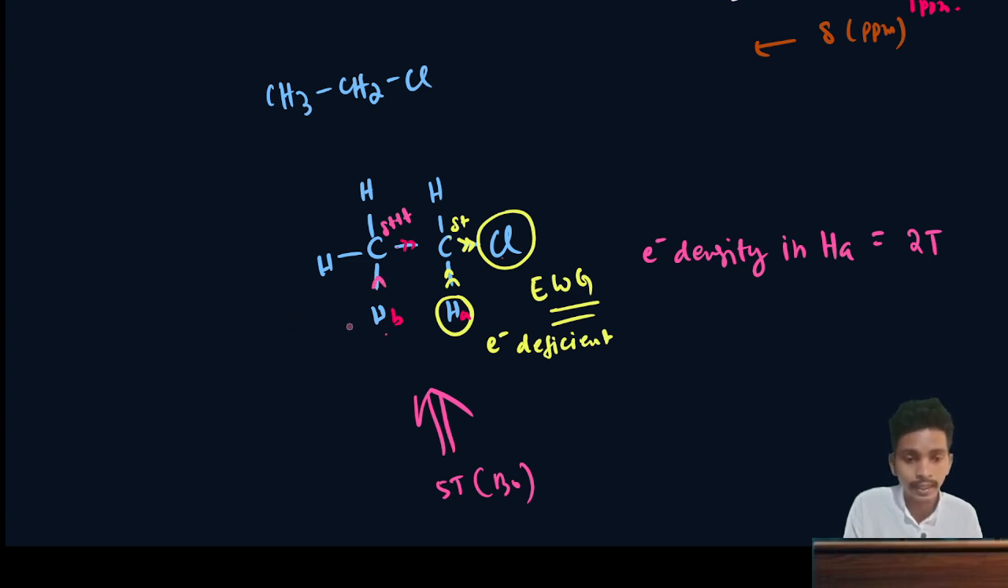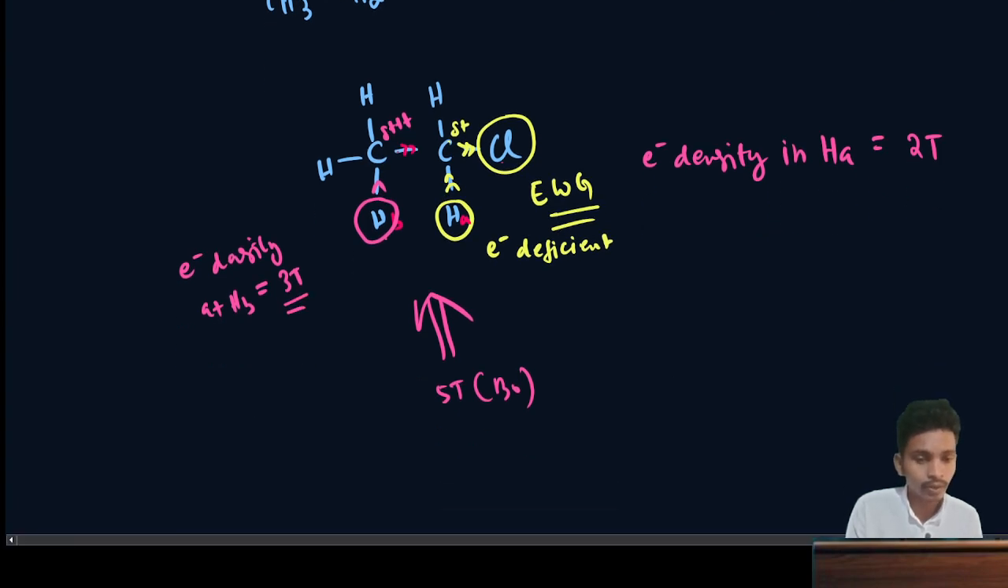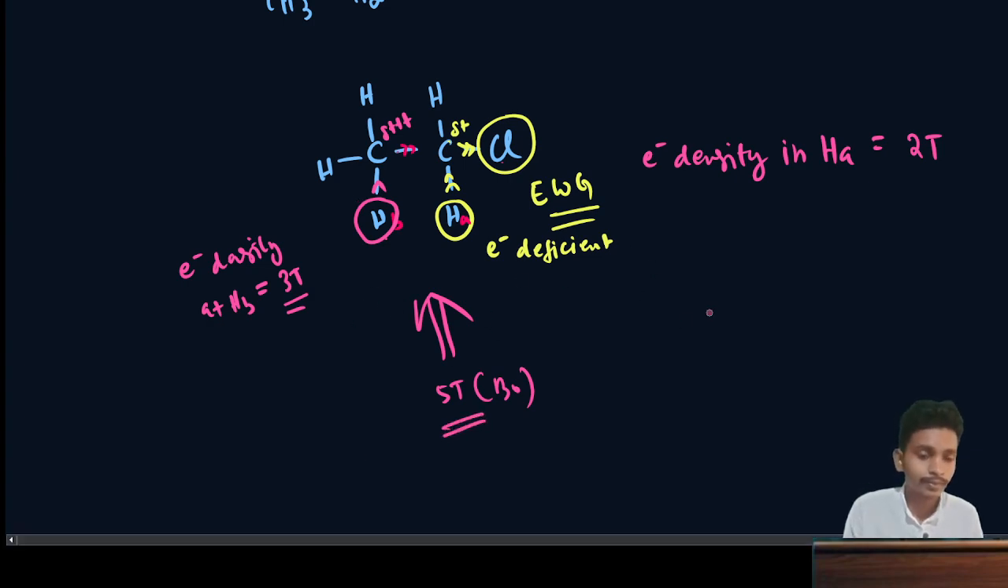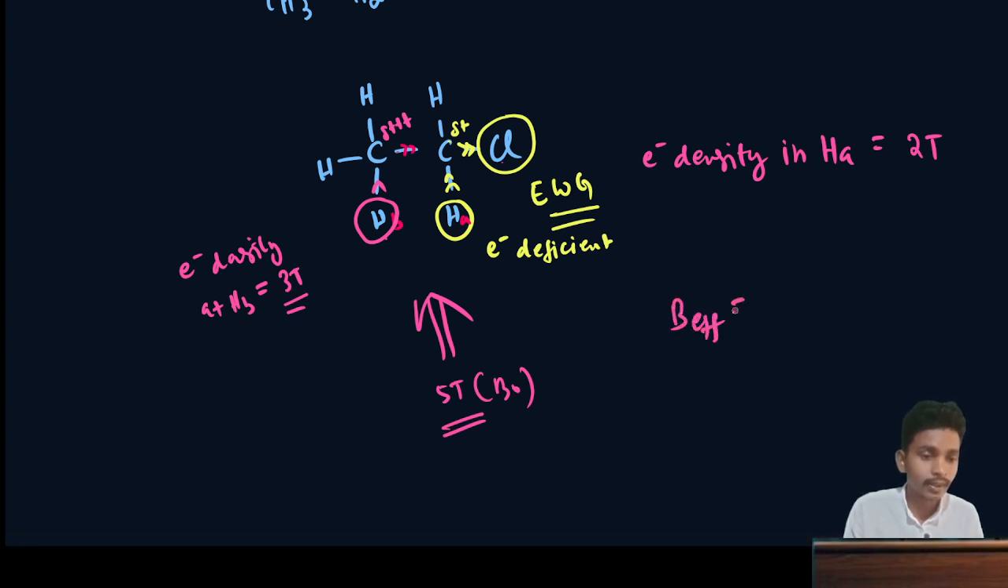So let's say the electron density at HB is, let's say, 3T, because less electron density is withdrawn from HB. And now we are applying 5T, the operating frequency we are giving to these molecules. So now B effective is how much you are giving, that is the operating frequency,